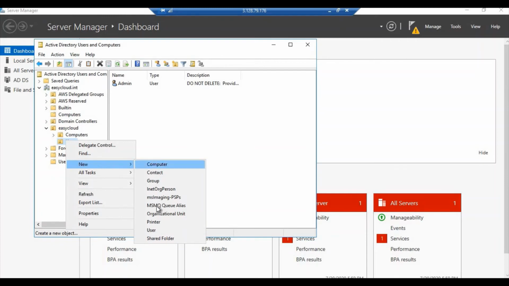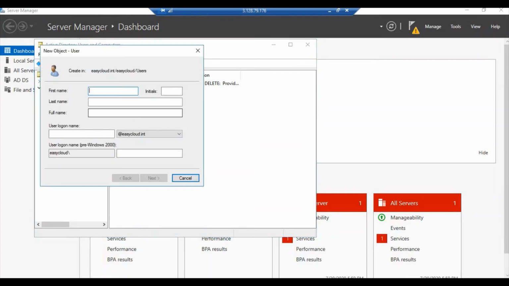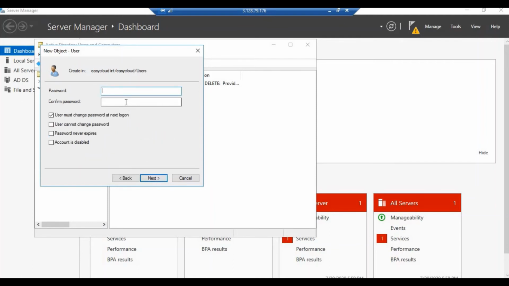Click on new user. I'm going to give Aravind, last name Yum, and the user logon would be Aravind.yum at easycloud.int. Password.